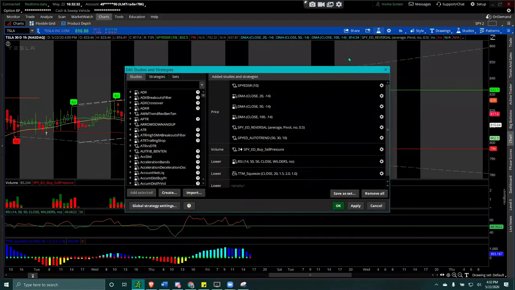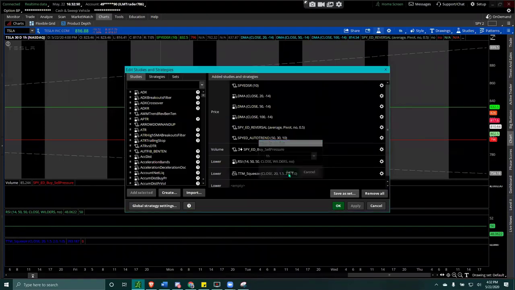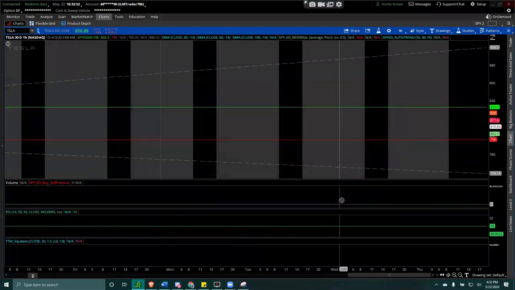Once you come here, if you like the way you set it up, you could always save your settings as a set. So you could say 1 hour, save the set, and say okay.